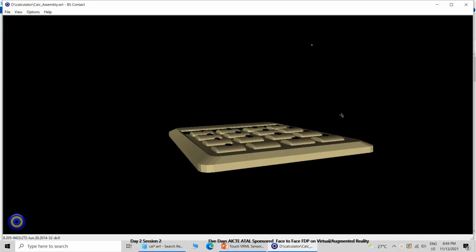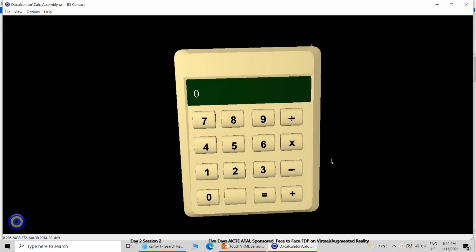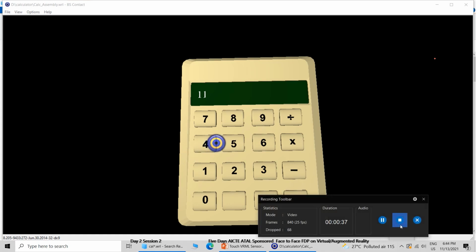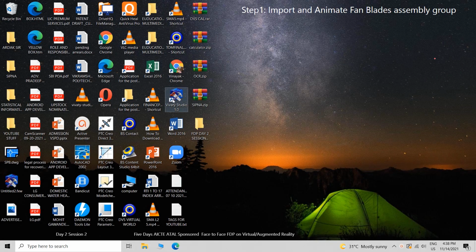In the standard calculator, we have employed touch sensors for all the buttons 1 to 9 and plus, minus, multiplication, division, and for the buttons equal to and clear. All the buttons have touch sensors. So you can see 100 into 2. How can we perform the calculation? That is because of the touch sensor. The touch sensor is capable of taking the input. So this is how we can use the touch sensor. This is the example of touch sensor.